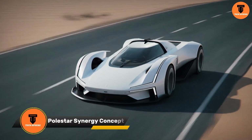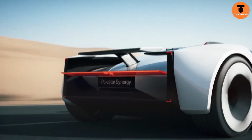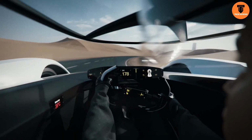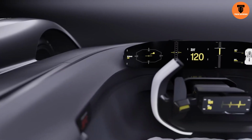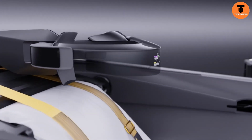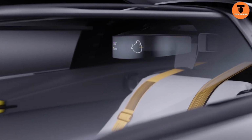The Polestar Synergy concept is a jaw-dropping electric supercar that looks like it drove straight out of the future, and maybe a Hot Wheels track too. This full-scale showpiece merges three winning designs from Polestar's latest design contest, celebrating creativity and cutting-edge automotive art. Standing just under 3.5 feet tall and stretching nearly 15 feet long, it cuts a sleek and aggressive silhouette that's